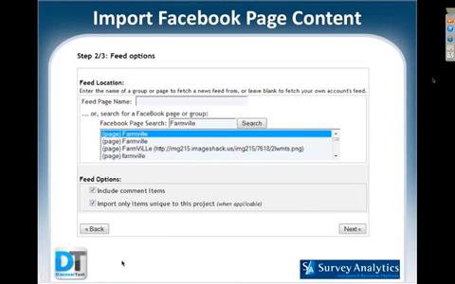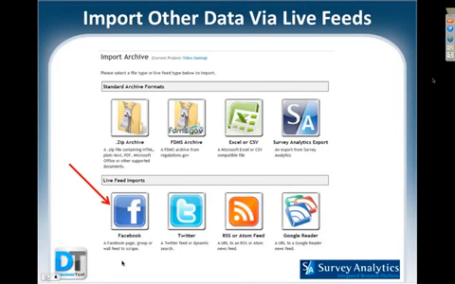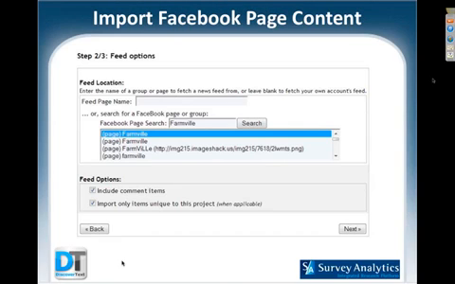My apologies, Esther. Okay, so this does sort of walk you through the workflow very quickly at a high level. If you are interested in gathering data about a product or a brand or a page or a group on Facebook, you would select the Facebook icon. Next slide, please. And then the second step is to do a search.